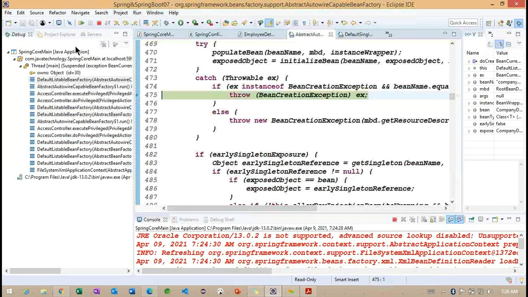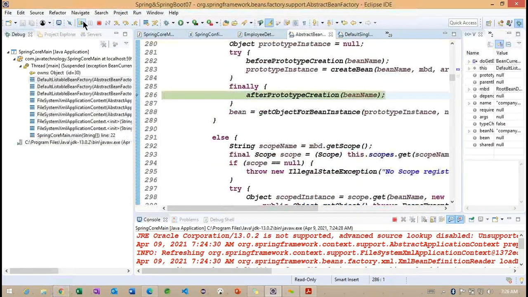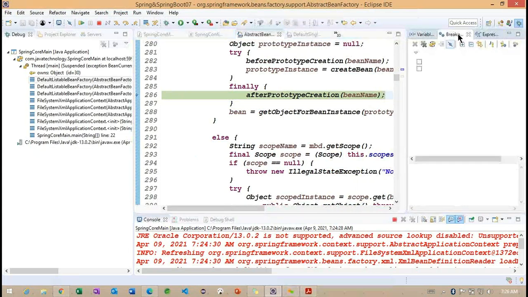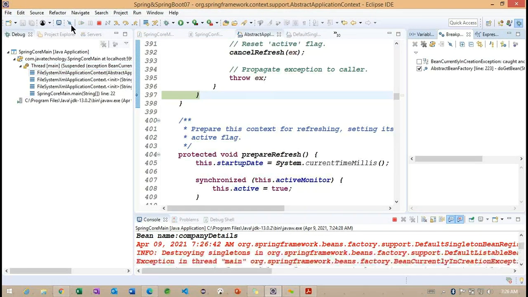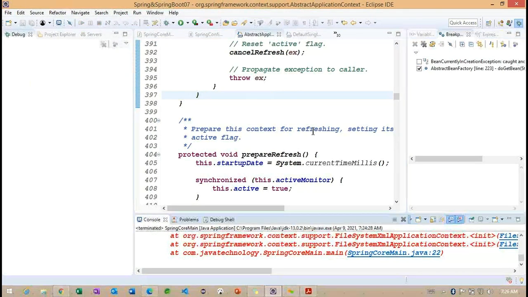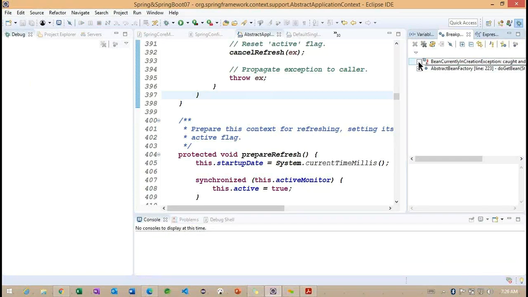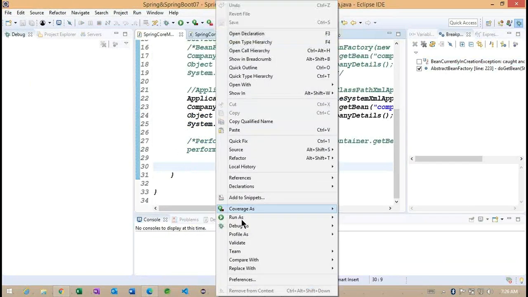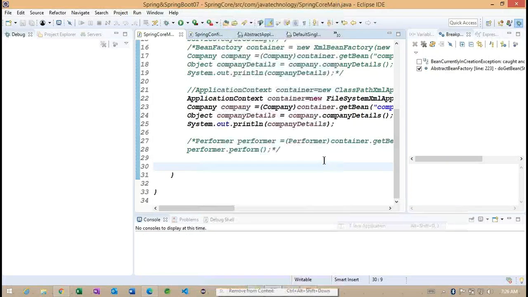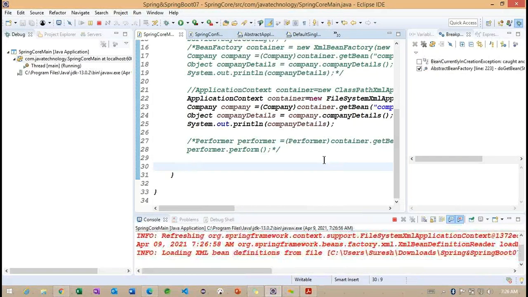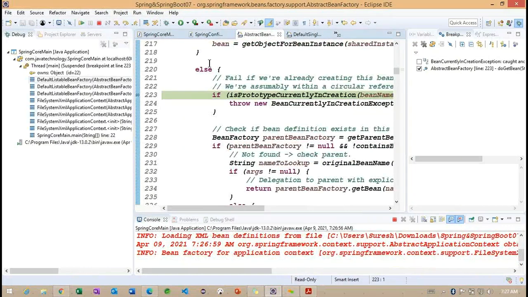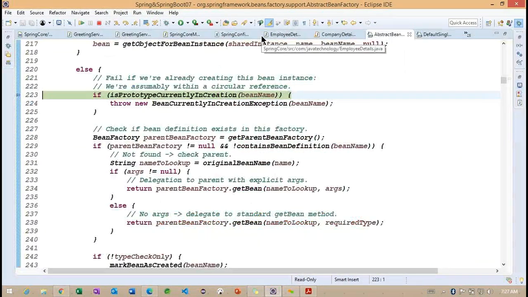Okay. So let me start one more time here. So we need to find out, the code is saying one object is already created, so we are trying to create one more object.